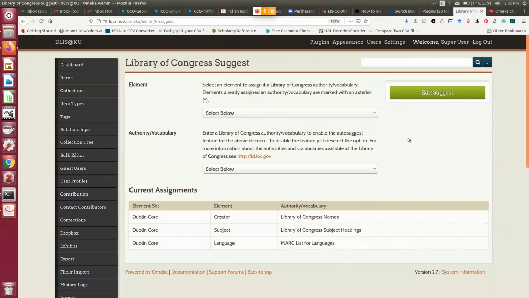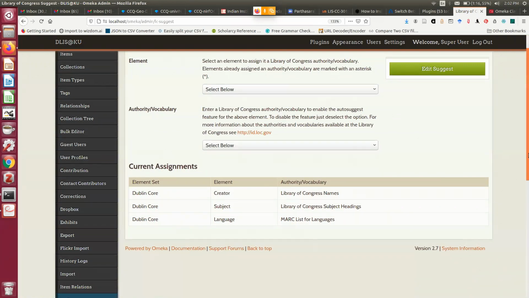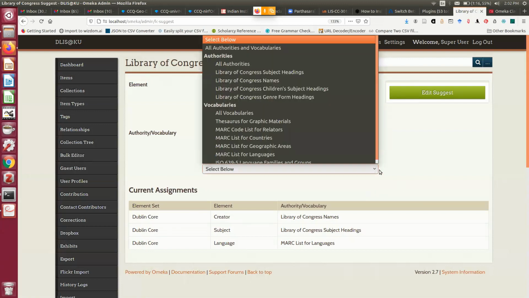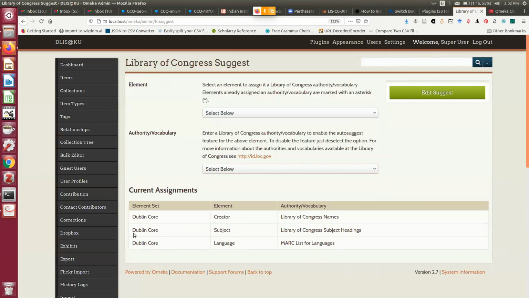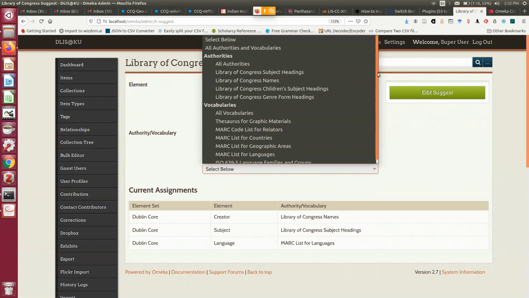In the LC Suggest, you see all current assignments, so that I can show you something, because I have already linked DC language with the MARC list of languages, DC subject with Library of Congress subject headings, DC creator with Library of Congress names. So let me show you from the beginning.